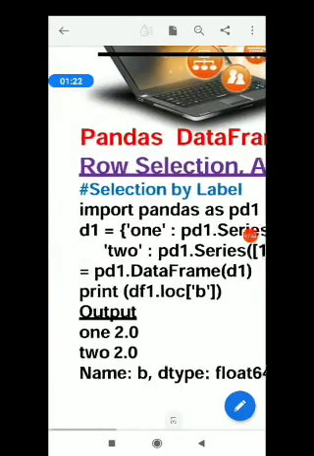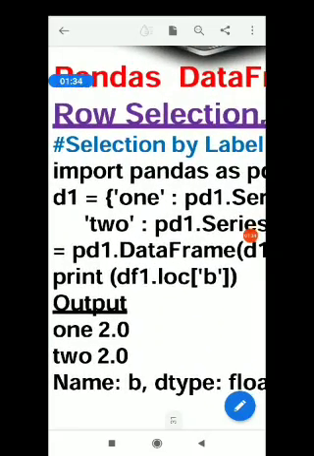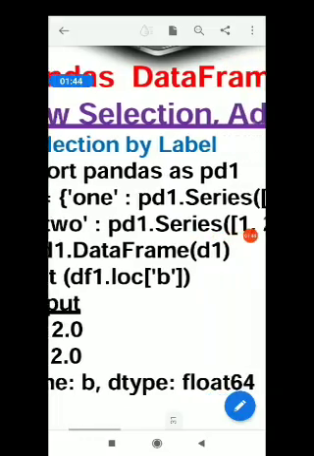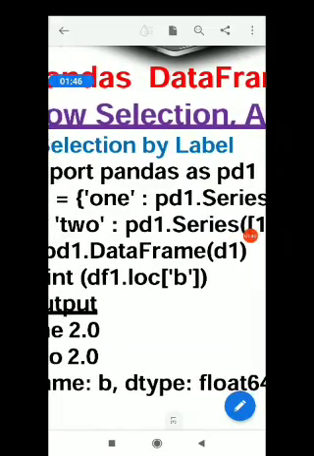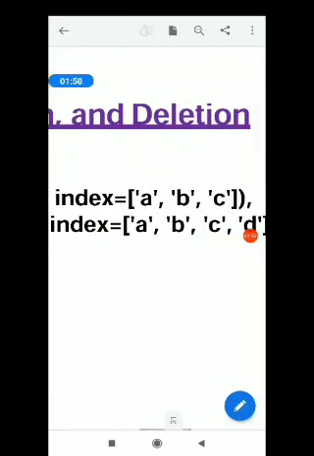After that we are framing a data frame from this dictionary. So I am writing df1 equals to pd.DataFrame, within bracket I am writing d1, and just print the data frame, but this time I am using the loc method of data frames, and inside loc I am giving the B index label.